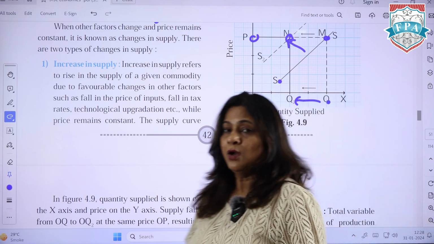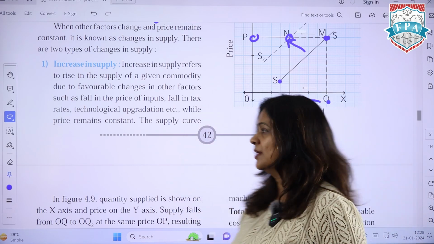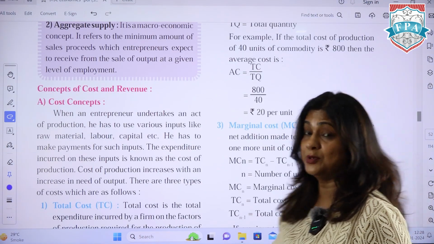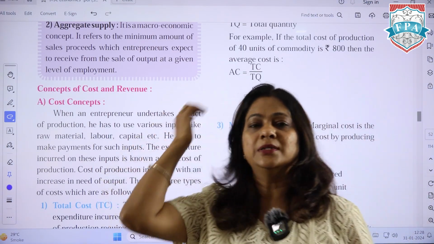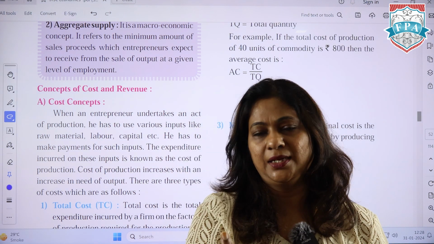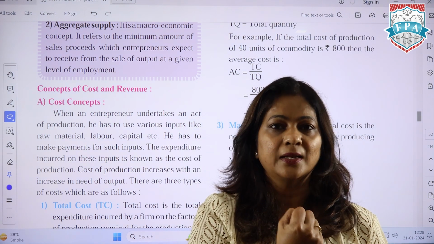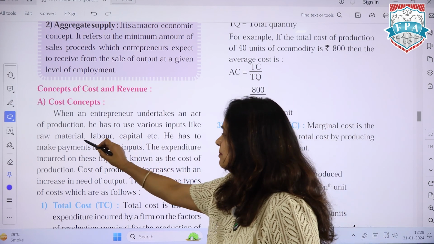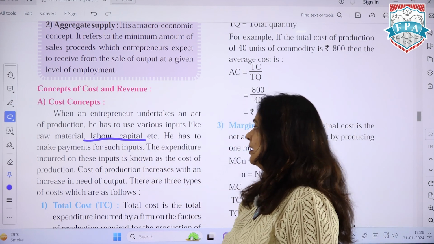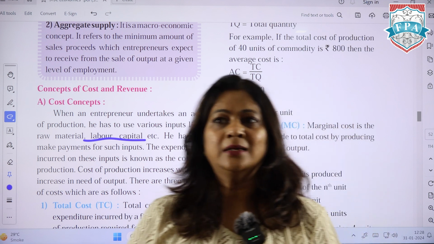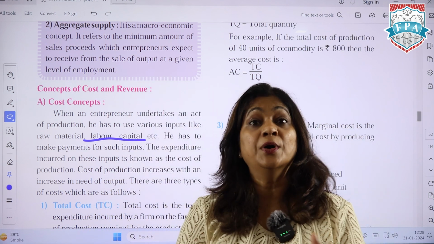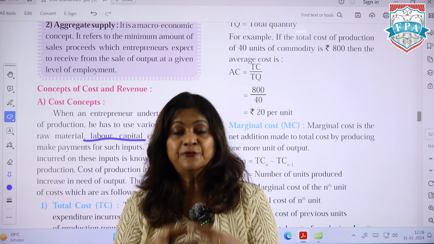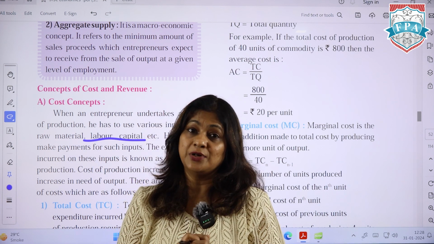So guys, all of us understand expansion, contraction, increase and decrease. Very important question from exam point of view. And last but not the least, when we are talking about supply, we should talk about cost. Cost of production, we talk about material, labor, capital. These are all which go into, or they are the factors of production. If there is going to be a change in the cost,